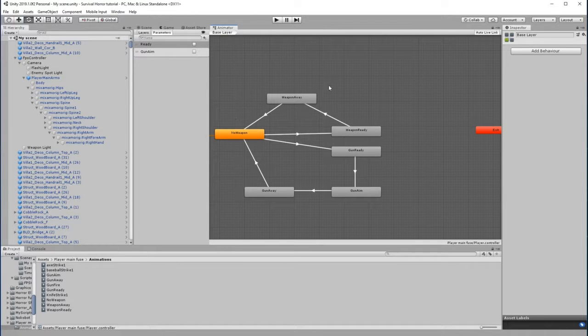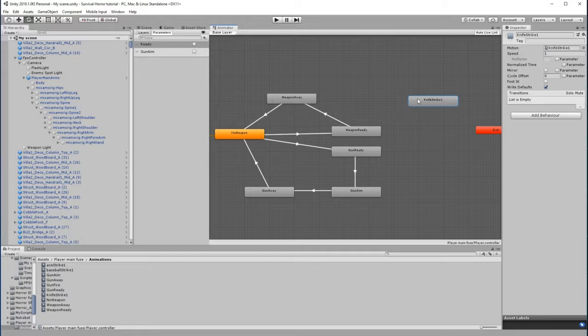So we have the melee ready on the top and the gun ready on the bottom, and we have these animations left. So we have axe strike, baseball strike, we have gunfire, and we have knife strike. So I'm going to start with the knife strike first, so I'm just going to drag that in. And bear in mind that we do have 4 of these. So in order to determine which